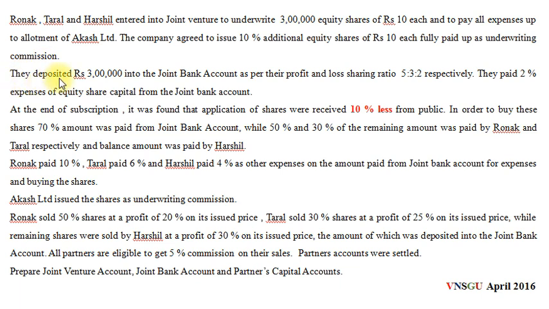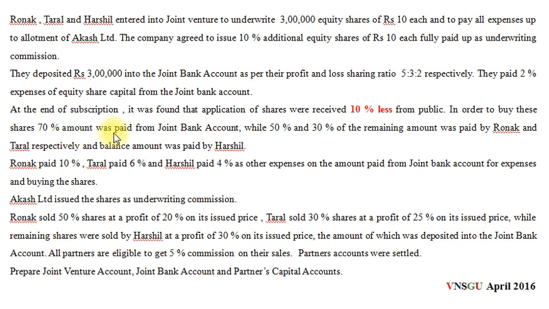They deposited rupees 3 lakh into the joint bank account as per their profit and loss sharing ratio 5:3:2 respectively. They paid 2% expenses of equity share capital from the joint bank account. At the end of subscription, it was found that applications for shares were received 10% less from the public. In order to buy these shares,